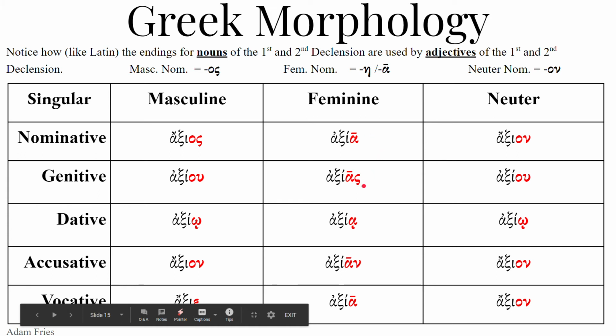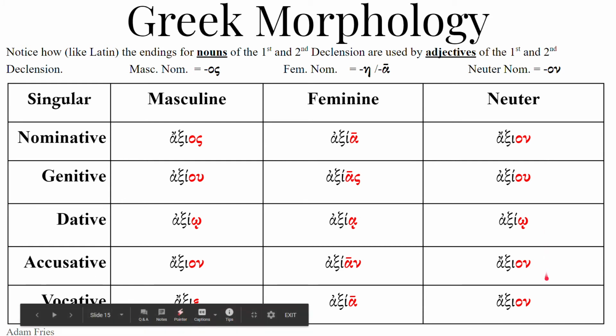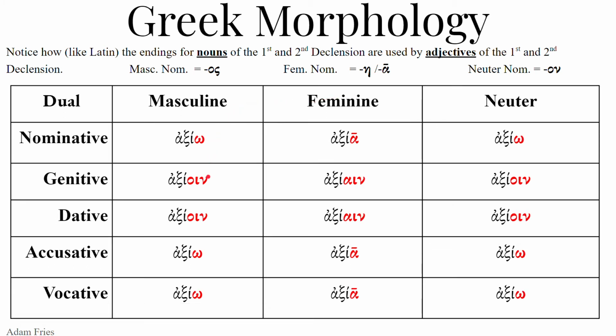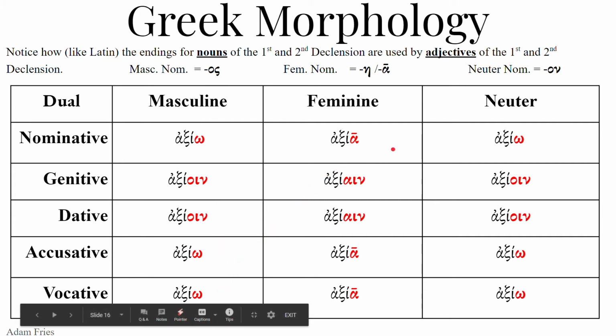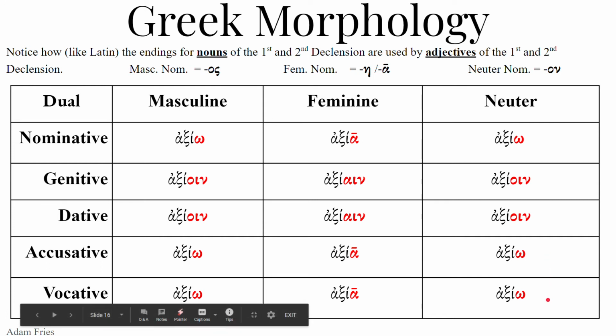axia, axias, axiai, axion, axia, axion, axiou, axioi, axion, axion. For the dual, axio, axioin, axioin, axio, axio, axia, axiain, axiain, axia, axia, axio, axioin, axioin, axio, axio,